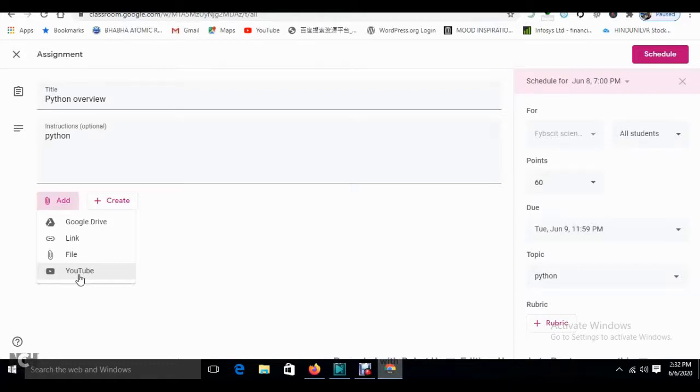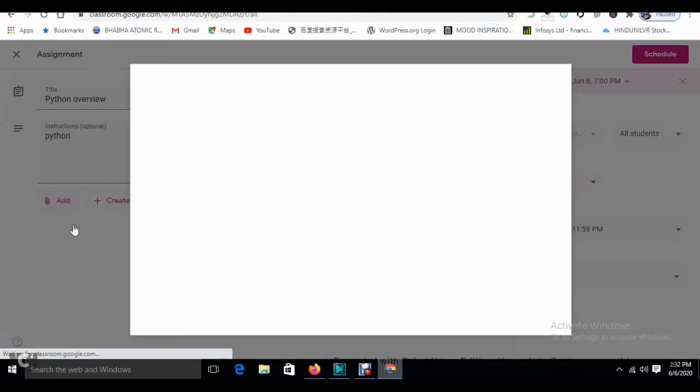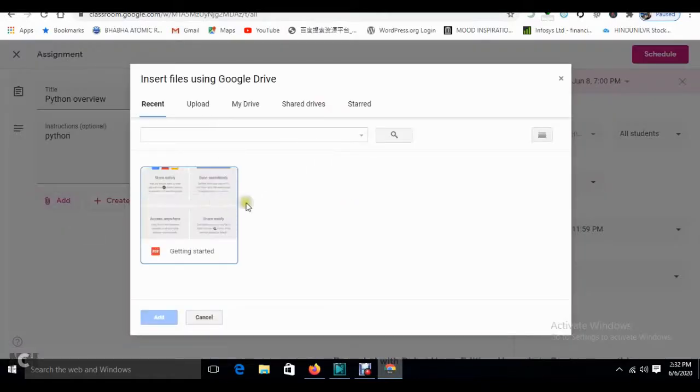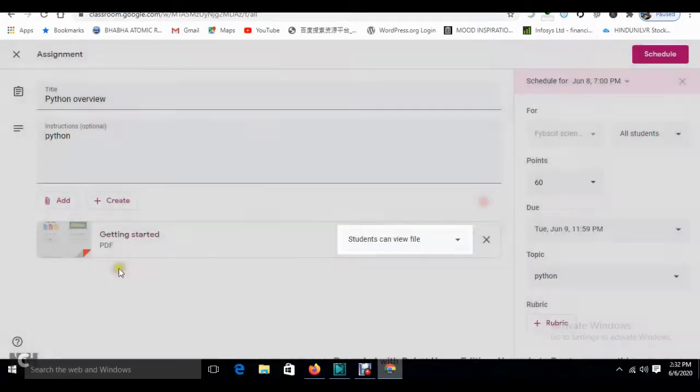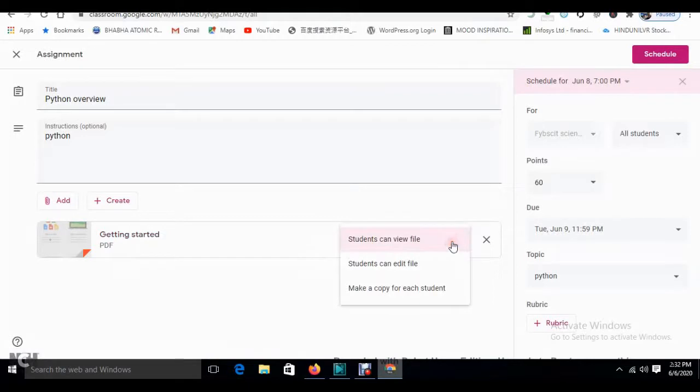So over here, see, you have 4 options. Google Drive, you can upload from Google Drive, and like this, add. Okay, in this the option is there that student can edit, or student can view or make a copy of that. If you are allowing to only view the file for the student, it will be viewable. If you are selecting can edit, then it is editable.